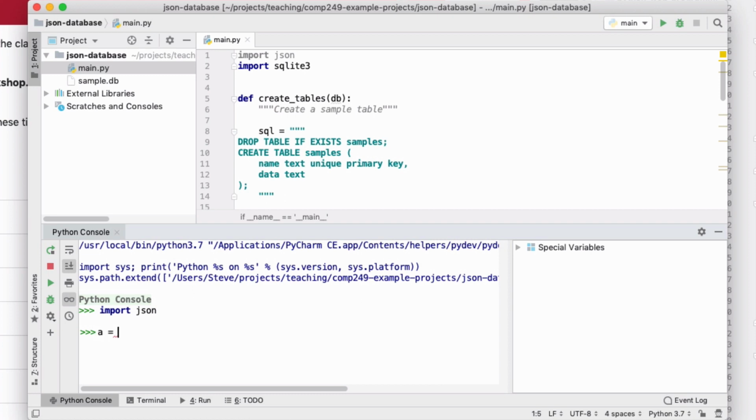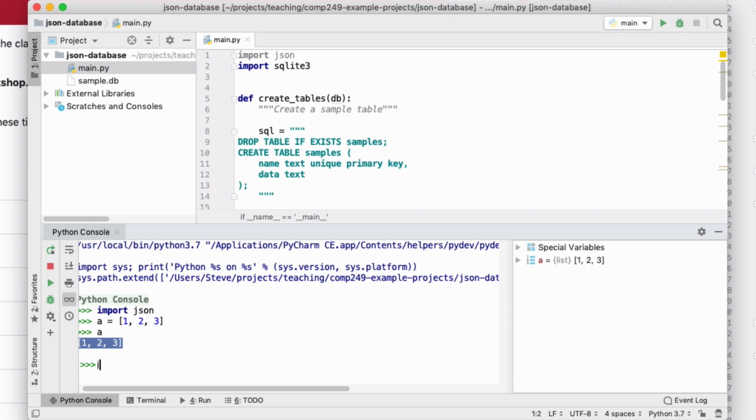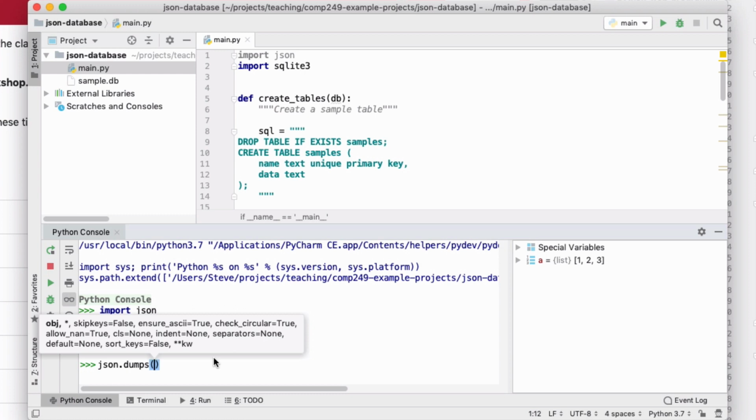Let me just make a little Python data structure. Here's a list. My little list A has got 3 numbers in it. And if I want to store that in a file in a way that I can read back in, or store it somewhere, or send it to someone in a way that they can use, I could print it out like that and read it back in, or print it in some other format. But JSON allows me to essentially turn it into a string value